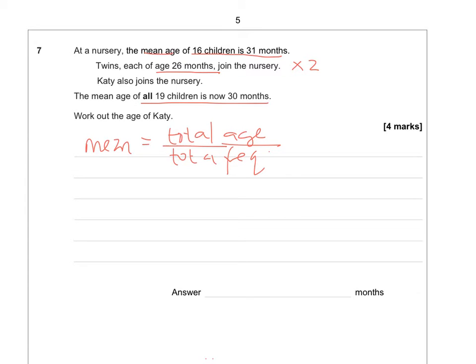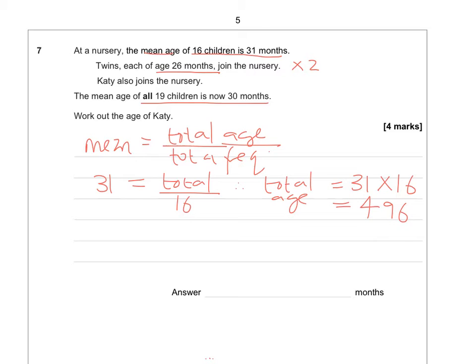Now, the mean of the 16 children is 31 months. So 31 must equal the total age of the 16 children divided by the total number of those children, which was 16. So the total age of the 16 must be 31 multiplied by 16. This comes to a value of 496. Now, twins, each of age 26 months, join the nursery, so to the 496 we need to add on 26 multiplied by 2, which gives us a value of